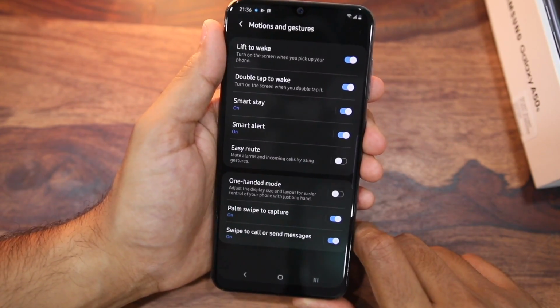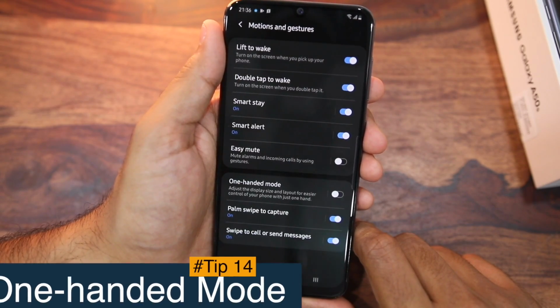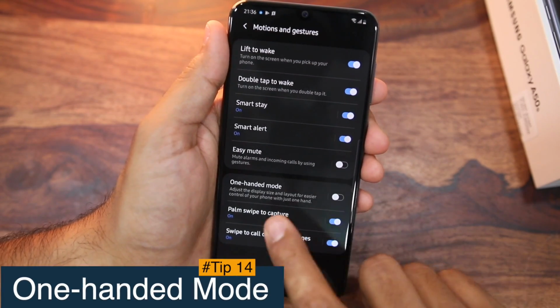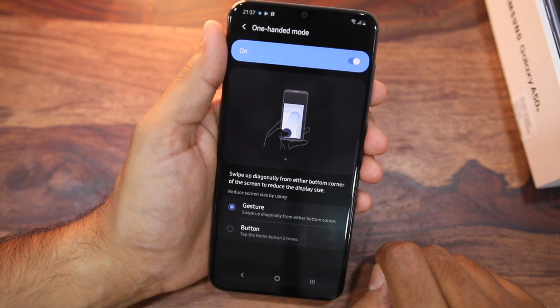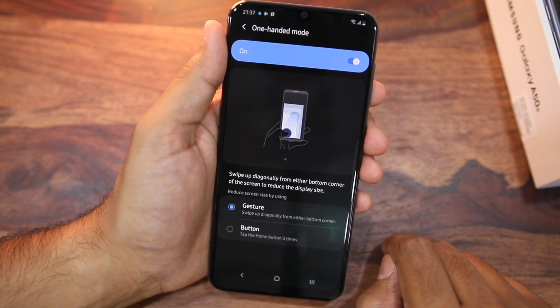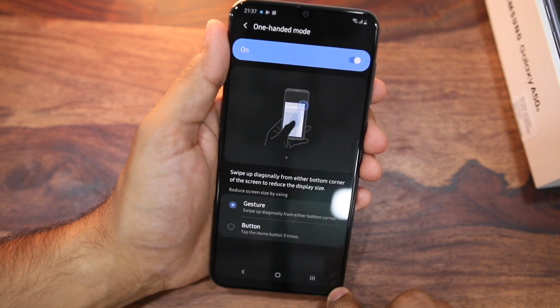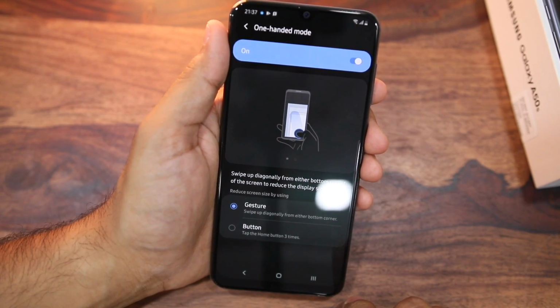In case you find the Galaxy A50s and A30s too big for one-handed use, there's a one-handed mode that you can activate. There are two different ways to activate one-handed mode on the A50s and A30s. The first one is the gesture mode, in which you will have to swipe diagonally from any of the corners